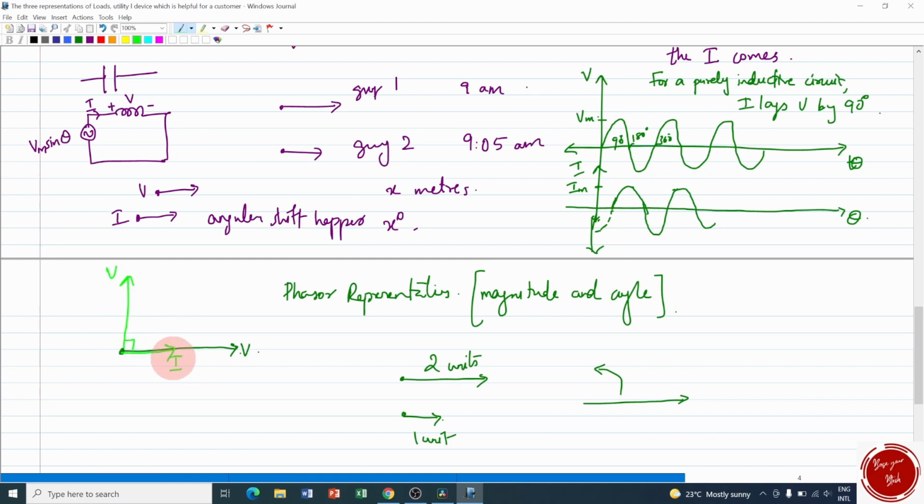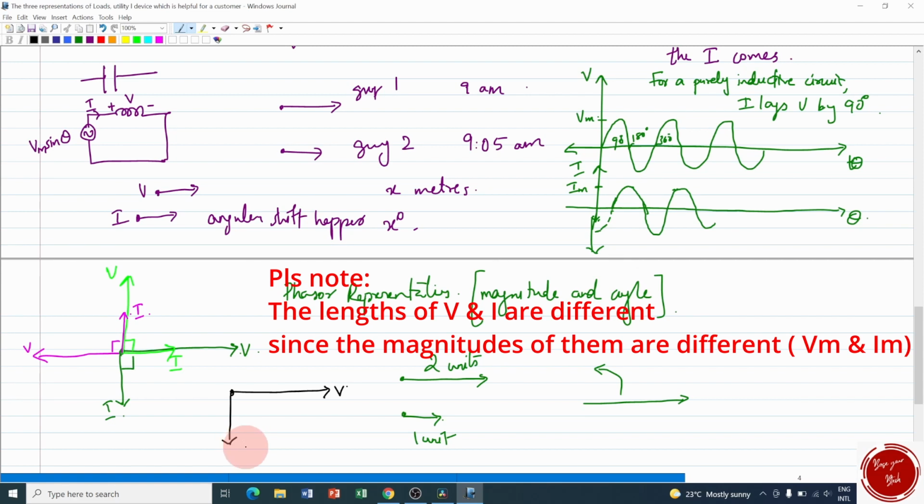So at this point, when the voltage vector is this dark green one, we can draw the current 90 degrees behind the voltage. When the voltage takes another 90 degrees in the anti-clockwise direction, the current will reach here. So this is how the voltage and current in an inductor are represented in phasor form. So generally, if the voltage is this way, then the current across the inductor will be marked beneath this voltage by 90 degrees.